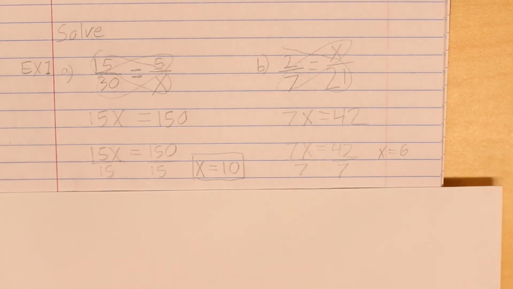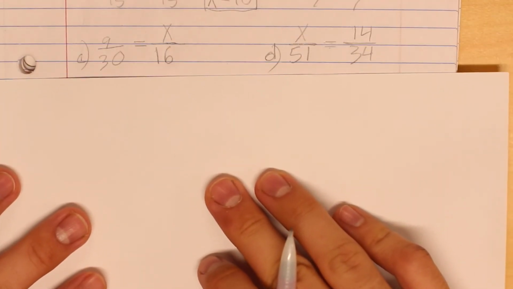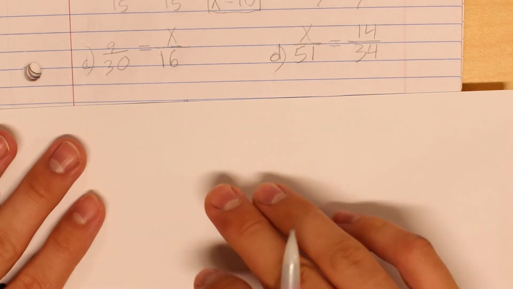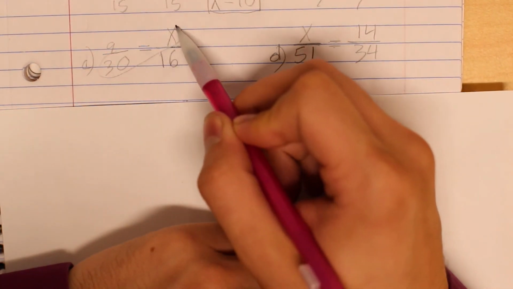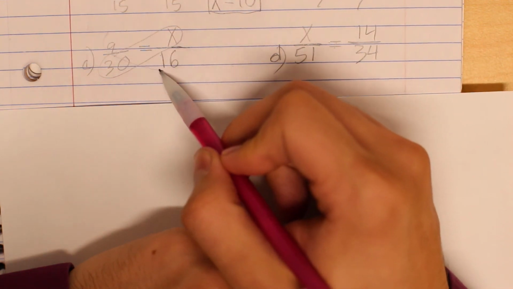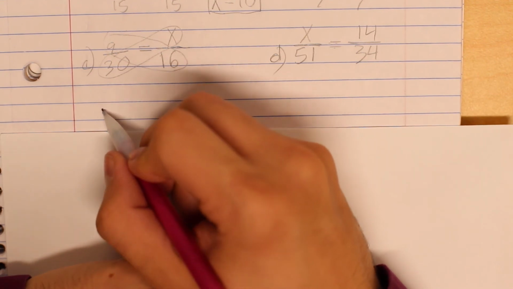Let's take a look at a few more that might be a little bit more challenging for us. Woohoo, challenging. We like it, challenging. All right, this next one. Cross multiply again. 30 times x. Oh, I don't know what that is. It's just 30x